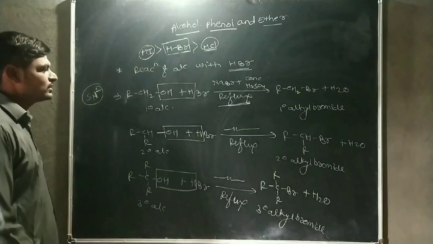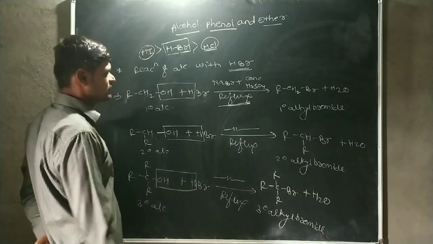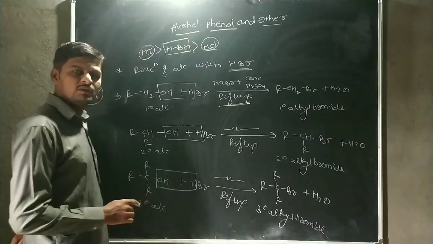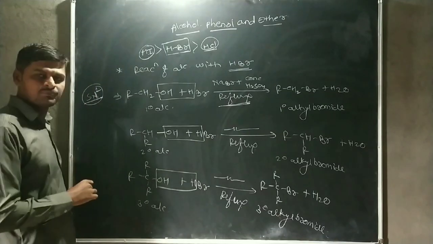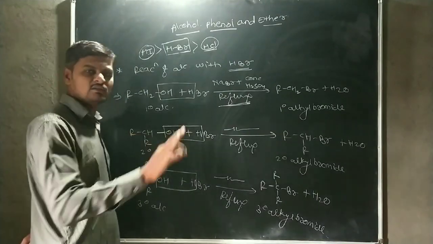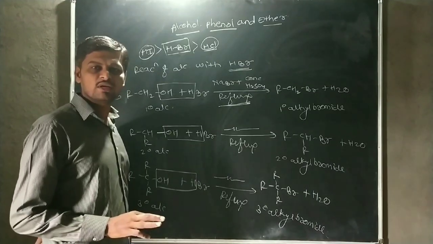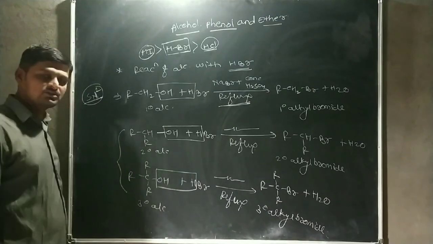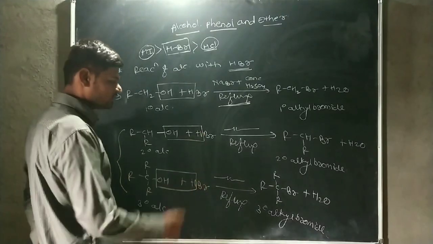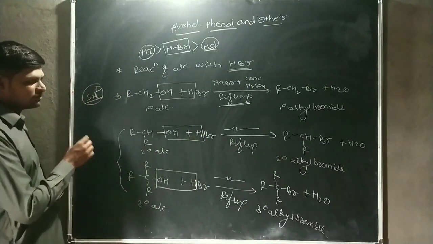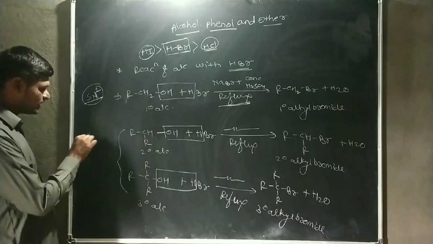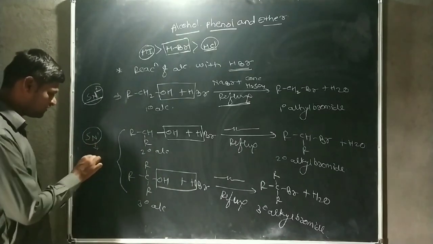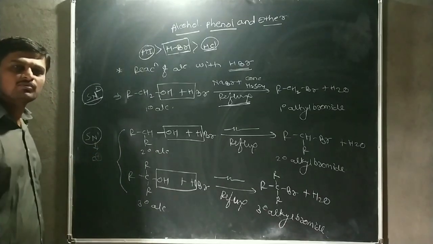Now we move towards the mechanism of this reaction. This is a primary alcohol. The mechanism for a primary alcohol is according to the SN2 reaction. That means no rearrangement reaction is possible, because in this SN2 reaction there is no formation of carbocation. But if a secondary or tertiary alcohol is reacted with HBr, the reaction mechanism is according to SN1. According to SN1, a carbocation is formed, and after formation of the carbocation, we